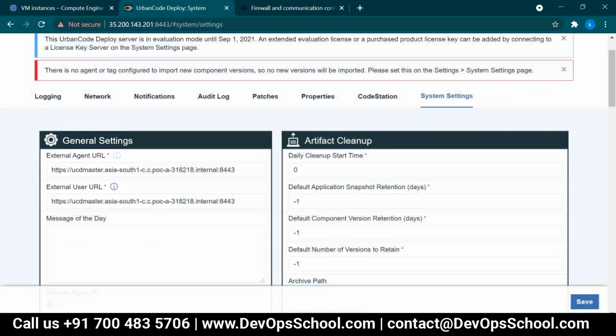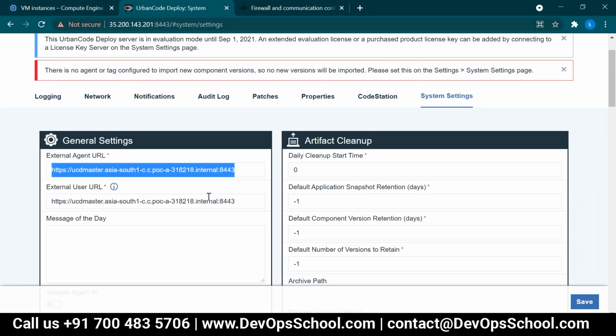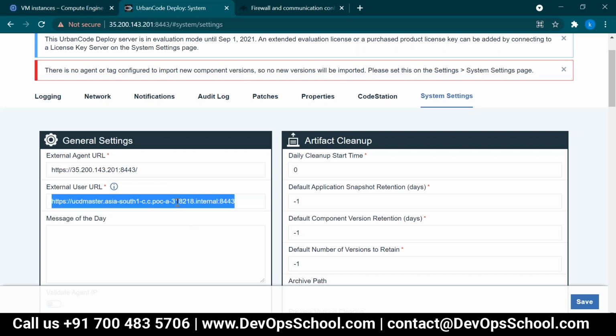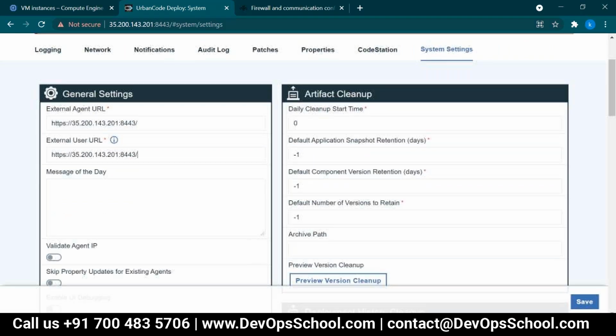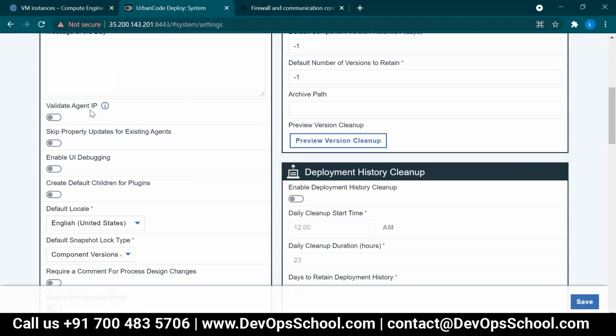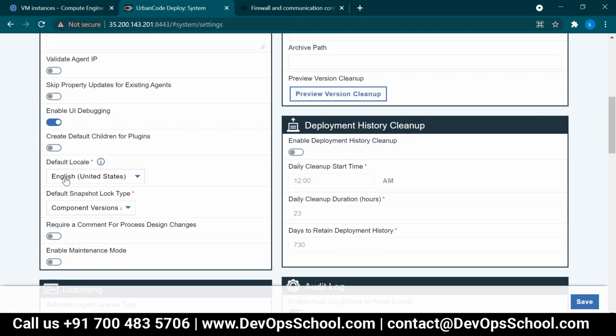System settings. This one you have to go to, but we don't have DNS, right? So I'll configure this one. If you have a DNS name, you can configure this one. Otherwise, you cannot fetch any data or do any integration with external things. So that is the reason I changed this one. Okay, a valid IP you can use, but you don't do anything. Enable UI debugging, that is a good option. Localize United States as per this one.